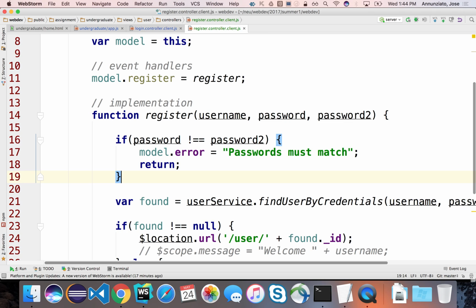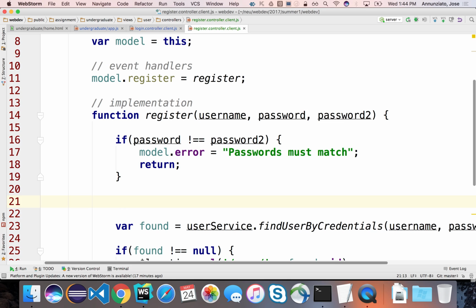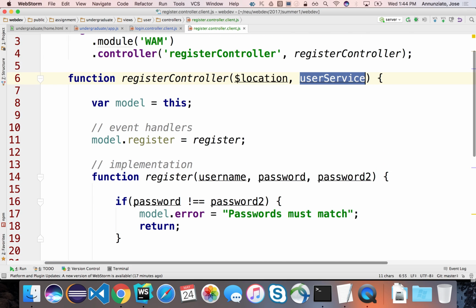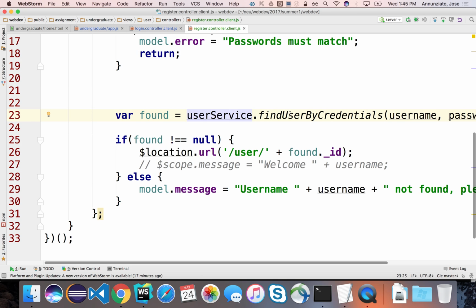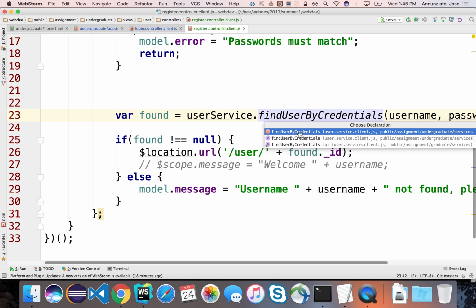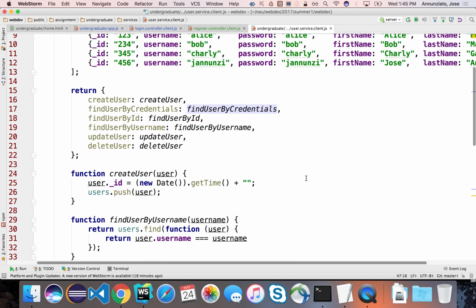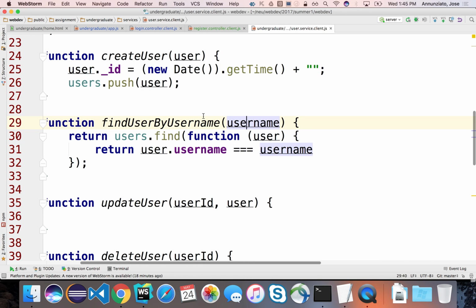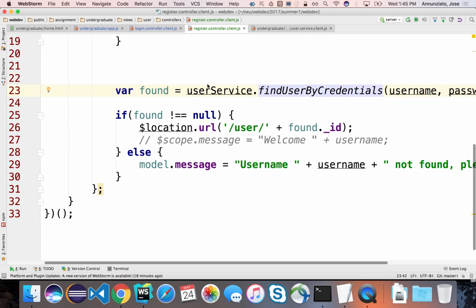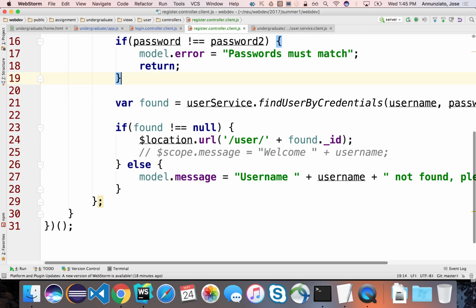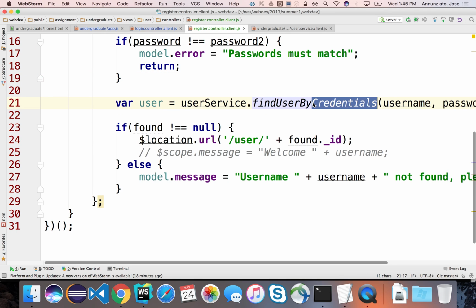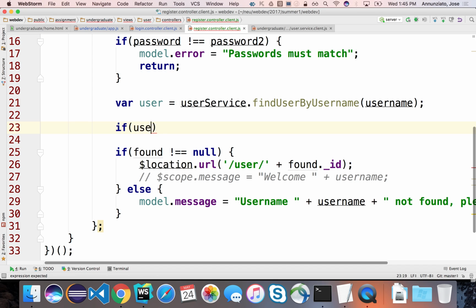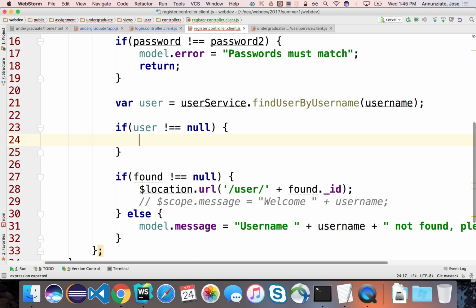And what else? We might want to check to see if the username is not already taken, right? And for that, we have a user service that I believe we implemented yesterday that can find a user by its username. We talked about it yesterday, right? Find user by username. We pass in a username, and if we find it, we return the actual object. Yes? So we can just use that over here. We say user, find user by username, and we can pass in the username, and we can ask if user is not null, right? Then we can